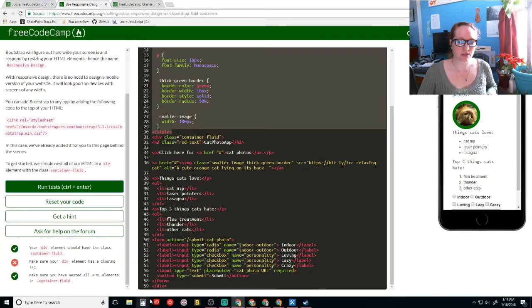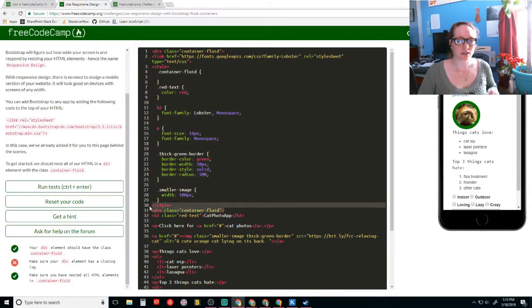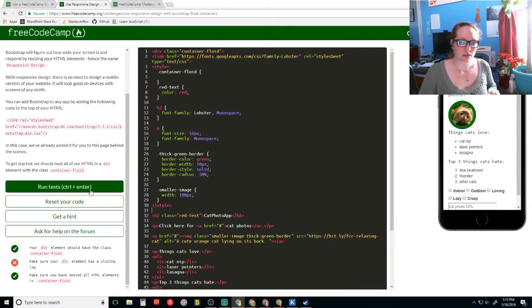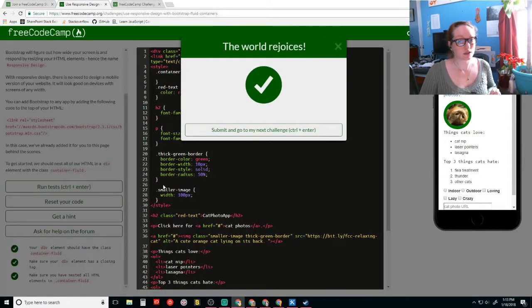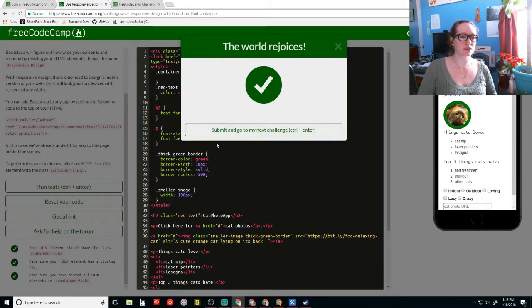And does it have a closing tag? It should. No, it needs a closing tag here. Let's take this one out. Okay. So the entire thing did need to start at the top.